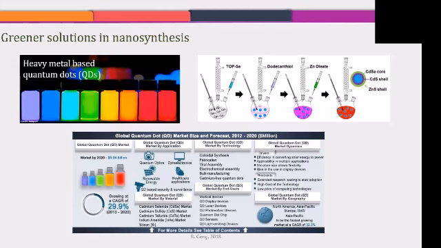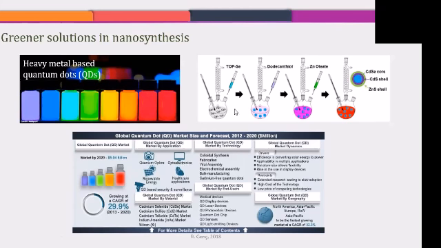Heavy metal-based quantum dots I showed you. Their optical properties can be changed by changing their size, and not only by changing their size, but the formulation can also be changed. By this way, you can have different colors and different color nanoparticles with different electric properties. So the electrochemistry of the material is also affected by the size and the formulation.